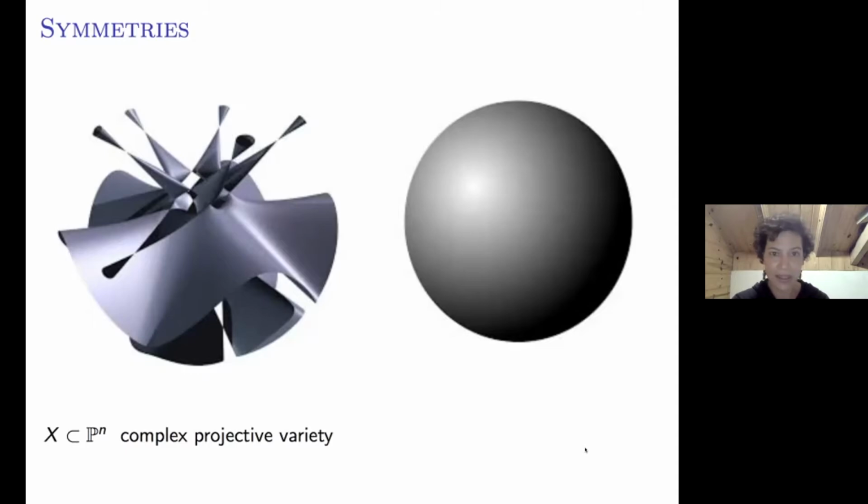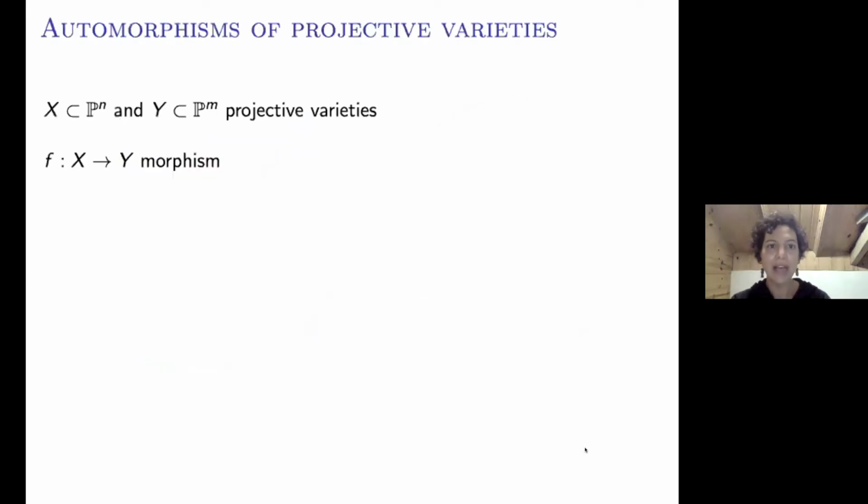In our context, we are going to be describing symmetries of a complex projective variety, which I will usually denote by X. Let me start by giving a first notion of symmetry, and that has to do with automorphisms of projective varieties. If you have 2 projective varieties, X and Y, then there is a notion of morphism between them. You can imagine that this is just a map between these 2 varieties whose coordinates are given, at least locally, by polynomials. And once we have a notion of a morphism, we have a notion of an automorphism of a projective variety, which is just the group of self morphisms of X with the composition.